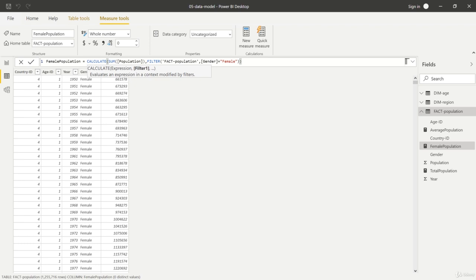You remember this double ampersand operator? This one right here? Well, this is what we need in here, because with this operator, we can combine multiple filter conditions in a single filter function. In our case, this would mean that we